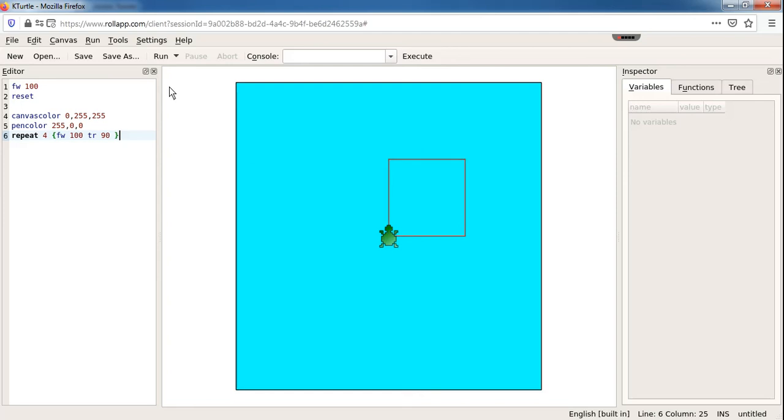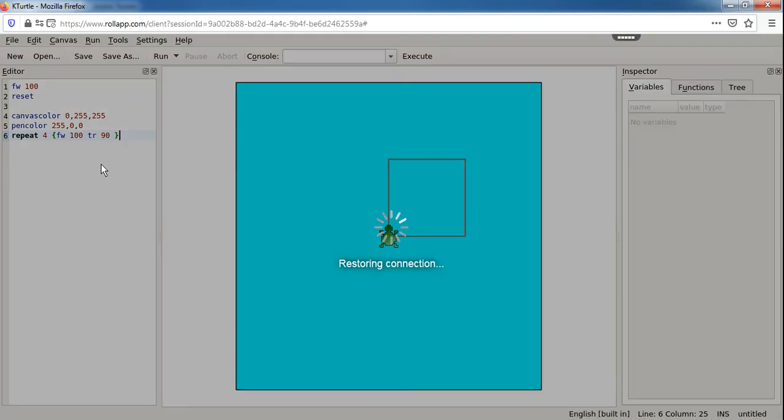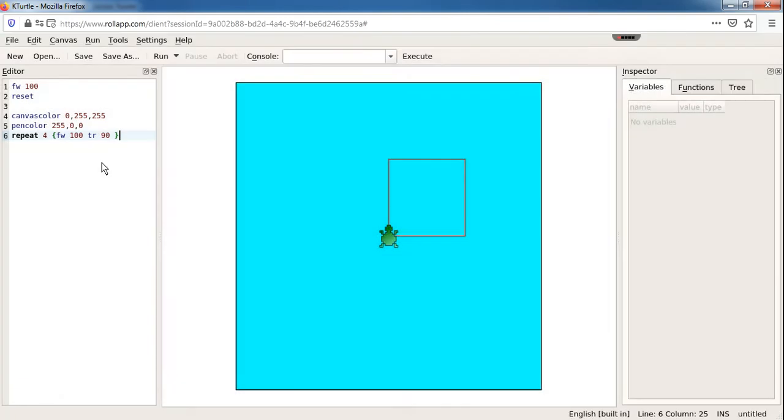That area, that colored area, is known as the canvas. And whatever I have written here on the editor pane, to see its result I am going to press the F5 button from the keyboard. You can use the run menu also. By clicking on the run menu, you can use the run option. Clear? And its shortcut key is F5. Simply you have to press F5 from the keyboard.